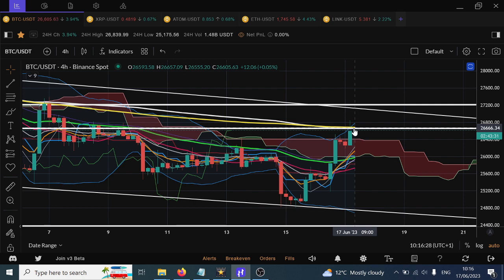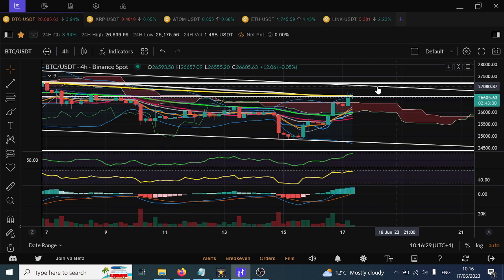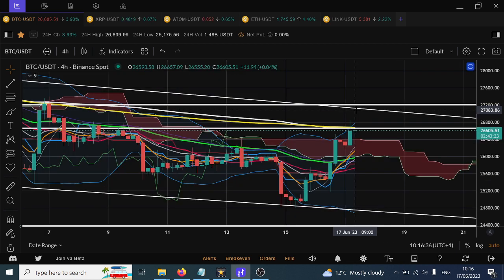It's quite constructive in the way that it looks. We don't have any bearish divergence on the 4-hourly. It is looking quite good. So we either go straight up to the top of the range, or we consolidate and then go to the top of the range. I think the top of the range of this channel is